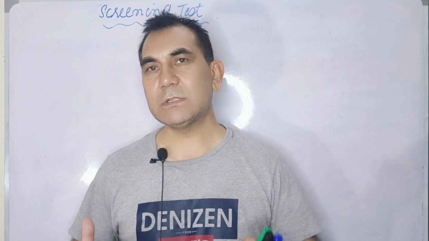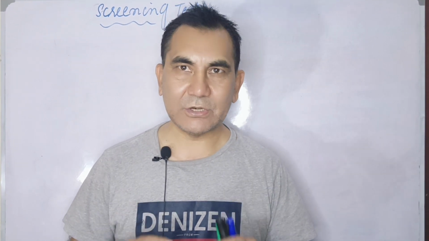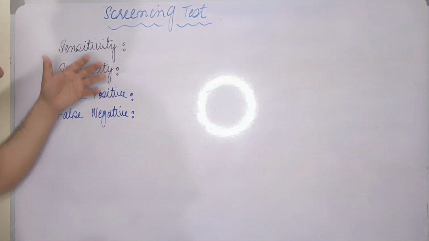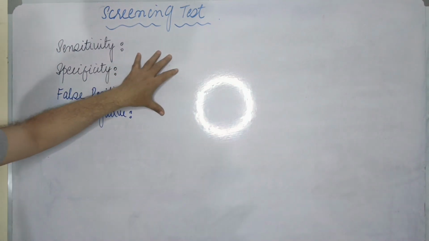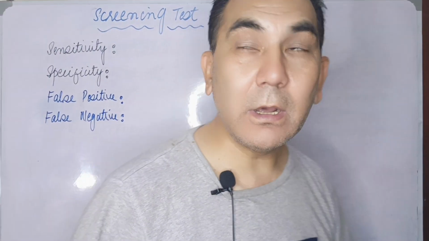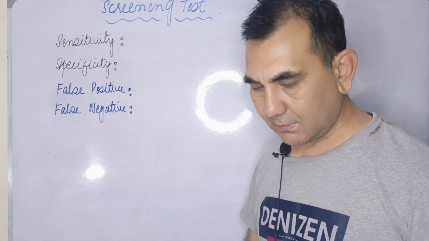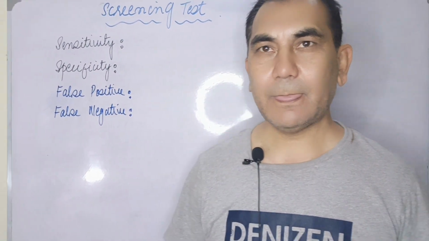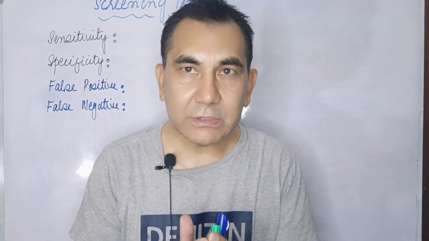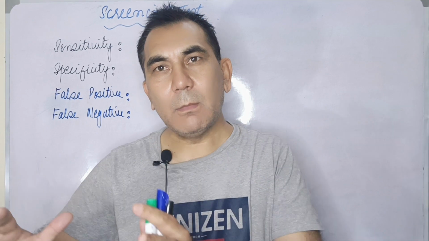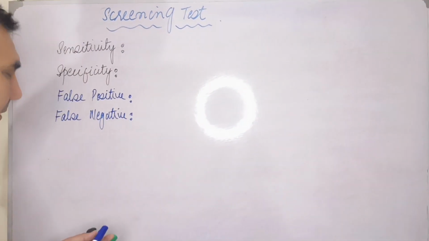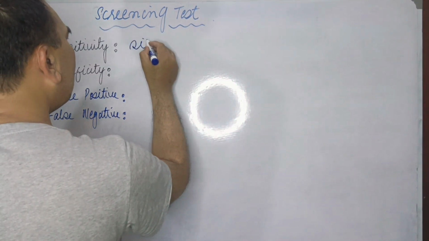Let's go through some terminologies which are applied in the screening test. These terminologies are very necessary to learn in detail about the screening test. First of all, sensitivity. What is sensitivity? Sensitivity is the ability of the test to identify, among the population, the group of people who have the actual disease. In simple words, the sick people